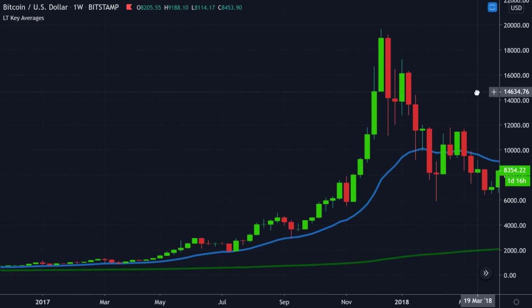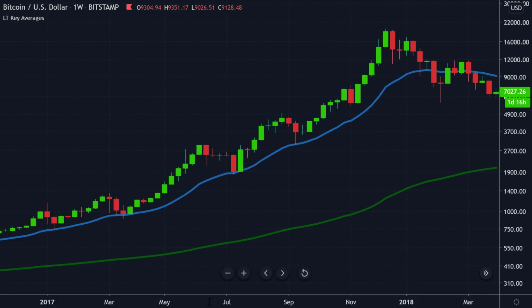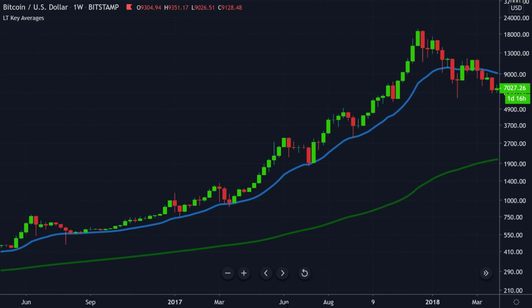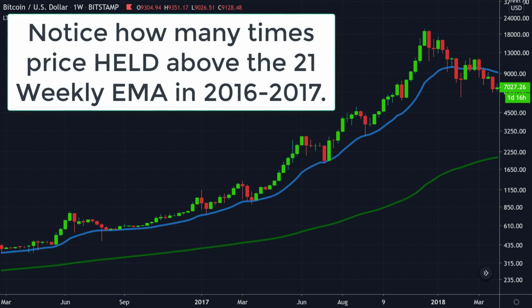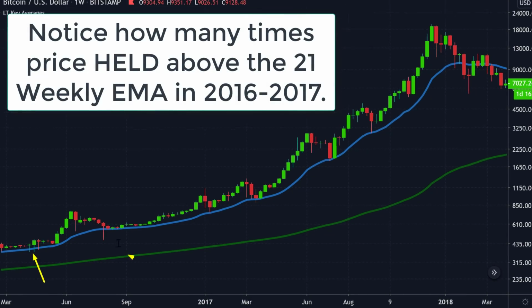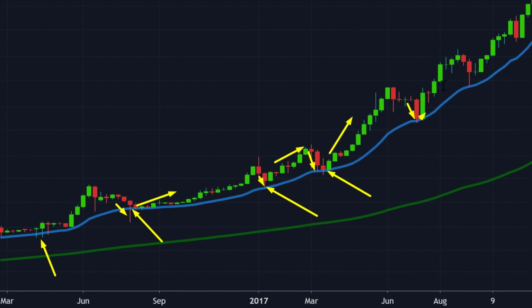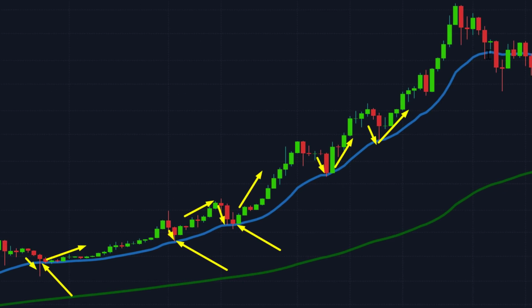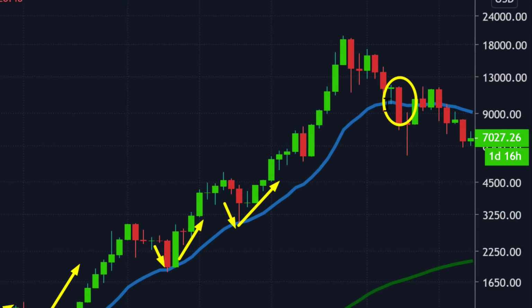But look, for example, in 2017. In fact, let me put this on a logarithmic chart. So here's a logarithmic chart of Bitcoin in 2017, and you'll see what I mean. Just take a look at this beautiful uptrend in 2017. Notice how many times the price of Bitcoin bounced off the 21 weekly. In fact, every single one of these pullbacks managed to result in a bounce. So you see over here, pullback, bounce, pullback, bounce, pullback, bounce. And there you go again, pullback, bounce, until eventually we saw failure, and that, by the way, was back at the start of 2018, which resulted in a major crash.